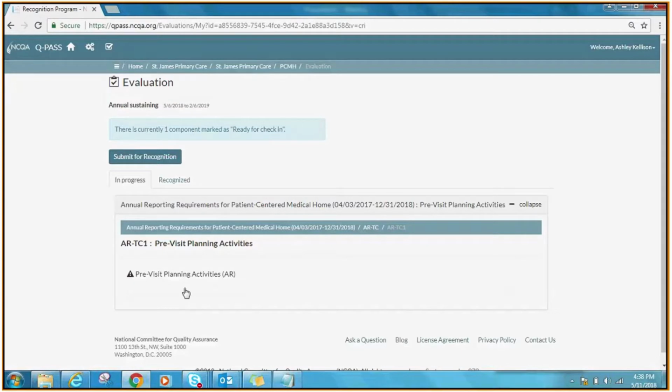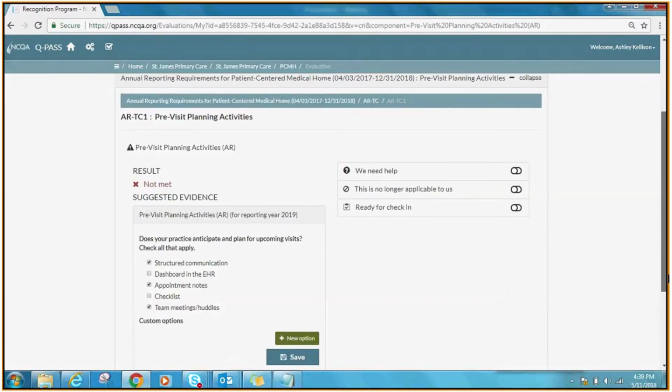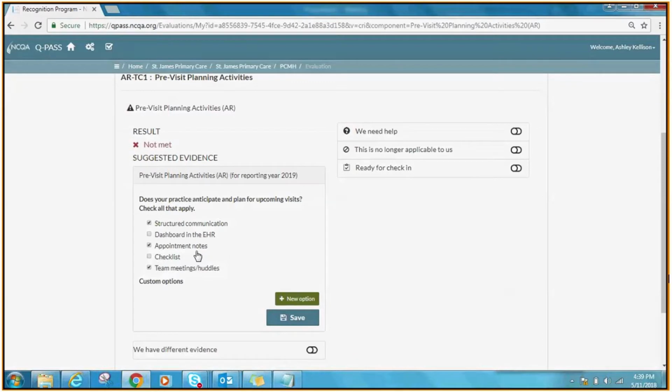Now this is the area that you'll start uploading or answering questions in. So click on that, and now you will see the question that is asking for you to complete. The question for this one is, does your practice anticipate and plan for upcoming visits? You will need to check all that apply. So in this case, this practice checked all of these three items. You will hit save,